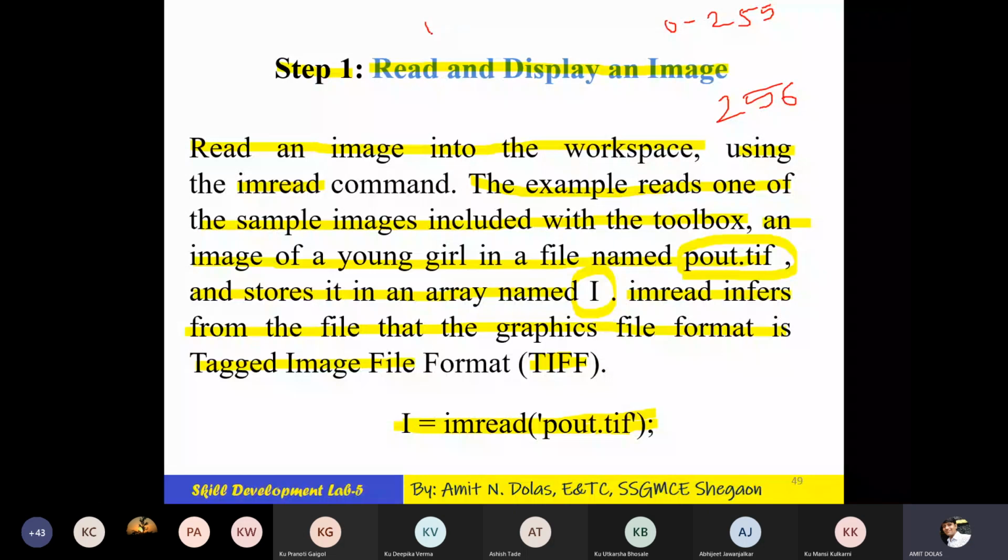But if it is signed integer 8, then it will have values from minus 128 up to 127, which is half on each side. This will be signed integer, minus 128 to 127. This will be unsigned integer 0 to 255.